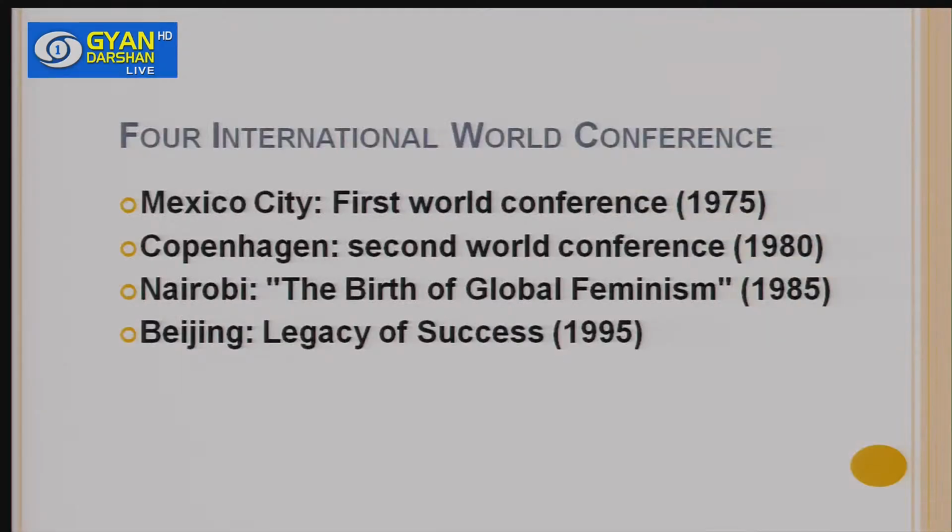The third conference, held in Nairobi, was a very significant conference. We call it the birth of global feminism, in 1985. In this conference, two kinds of discussion were held. Specifically, in the third International Women's Conference in Nairobi, the feminists from third world countries formed a separate group called DAWN to address the various issues faced by women in